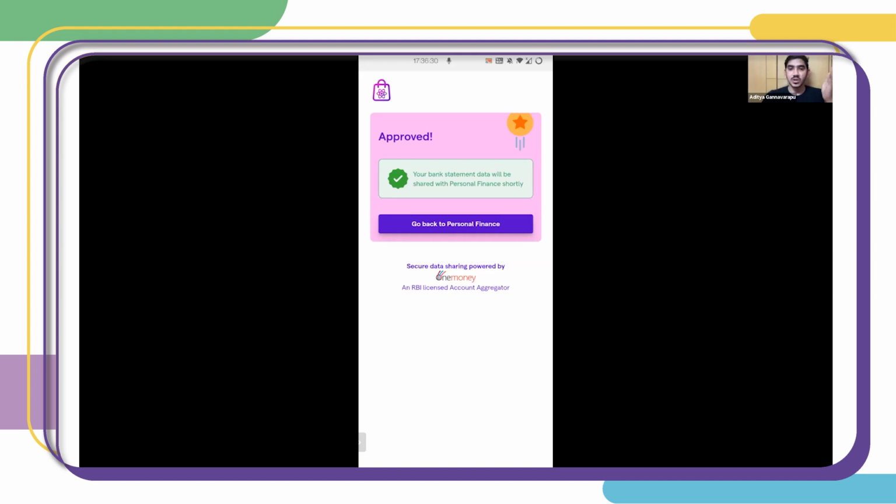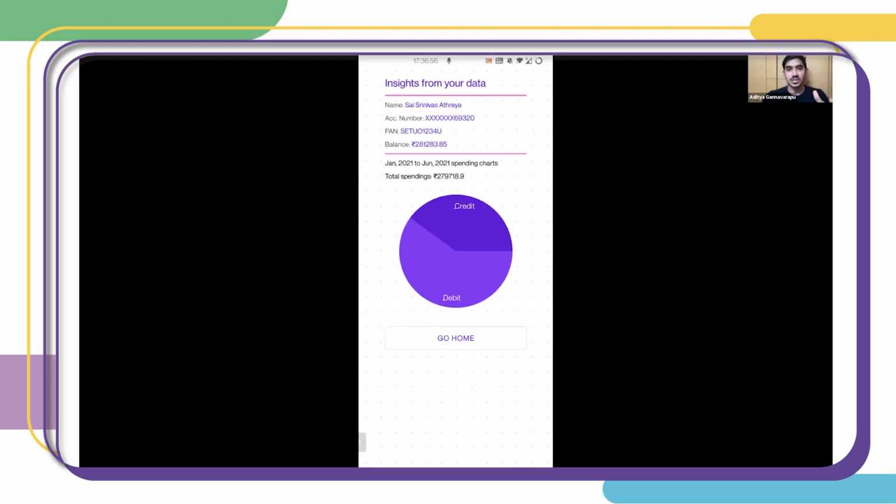Now I can go back to the personal finance app. What is happening in the background is, this personal finance app is making calls to the account aggregator to fetch the decrypted data which they get from the FIP, which is basically my bank account details. So if you see this, it will take some time because the FIP has to apply all the filters, and once that is loaded, you should be able to see all the insights that this particular app has given me. As this is mock data, my account has been named Sai Srinivas Atreya with an account number of